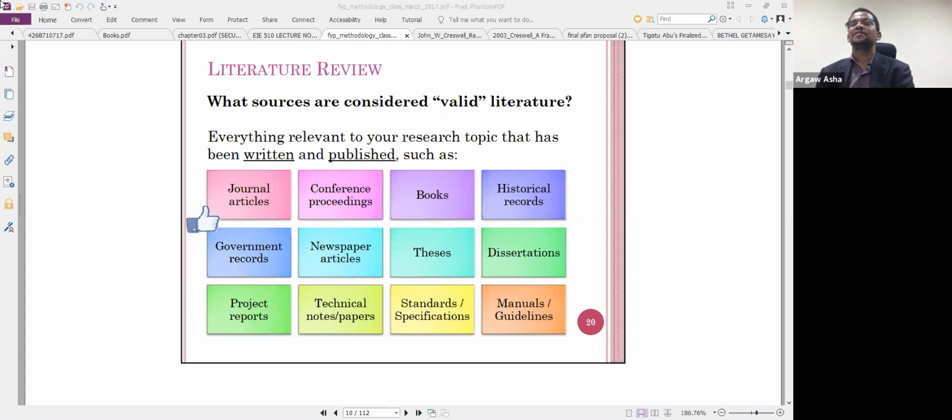Then thesis, especially that was published as a master's thesis or PhD thesis, whatever. Actually, thesis and dissertation are almost the same. The dissertation is somehow the PhD one, and thesis maybe for master's one. So again, different methodologies and research were conducted, and we are accepting that those research results are correct. Published one,